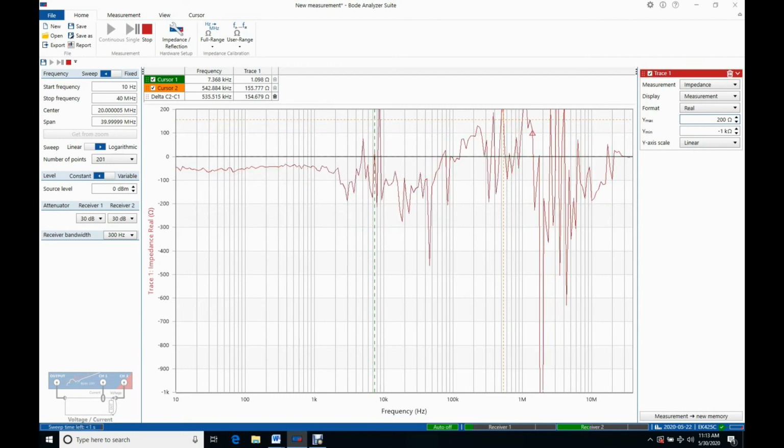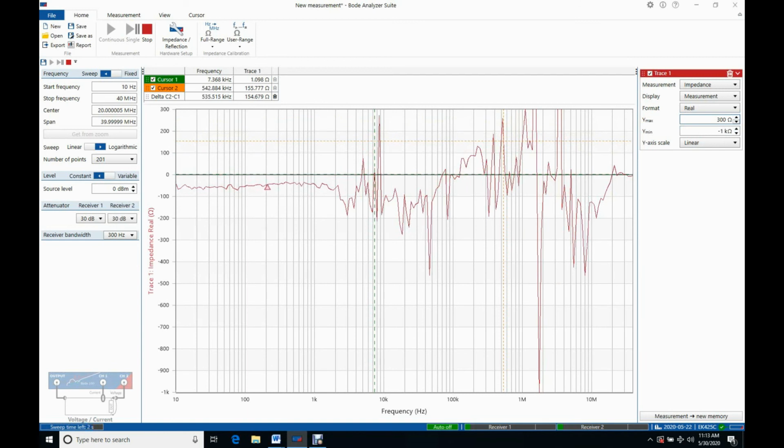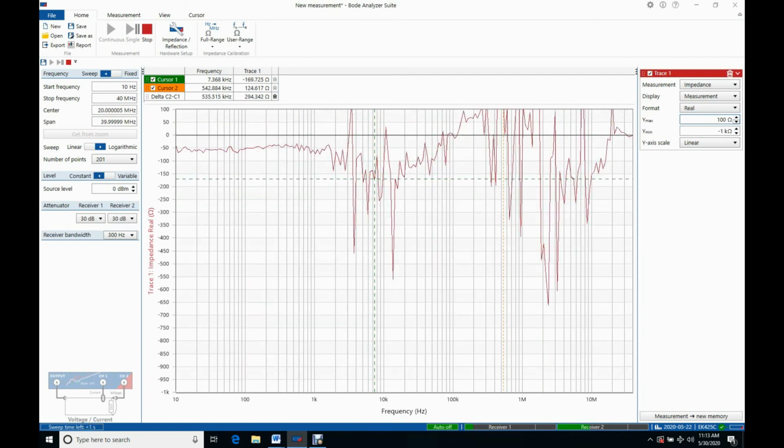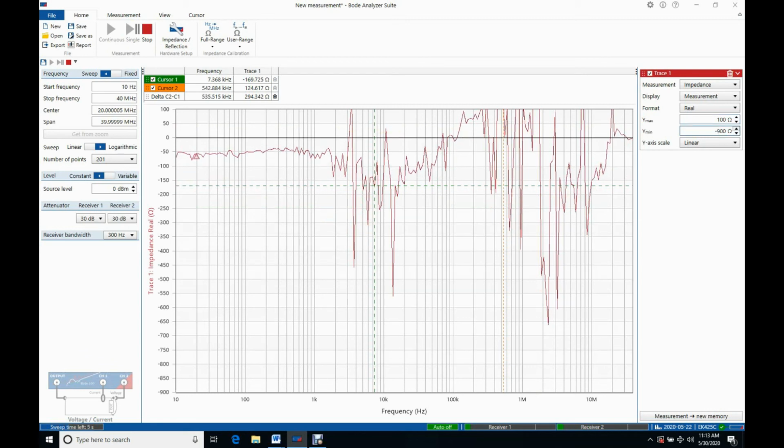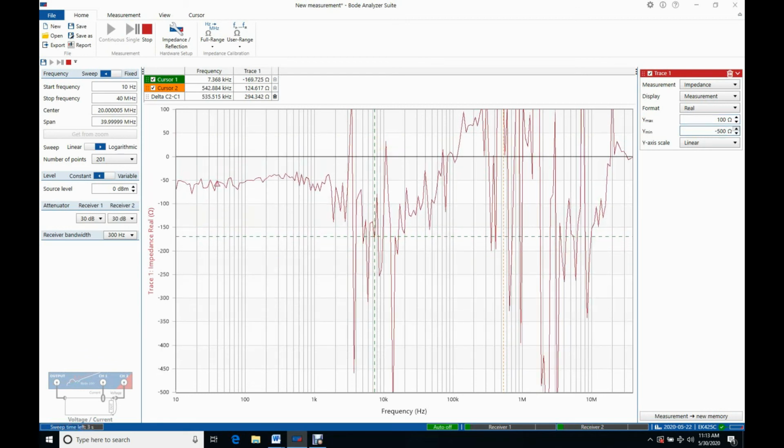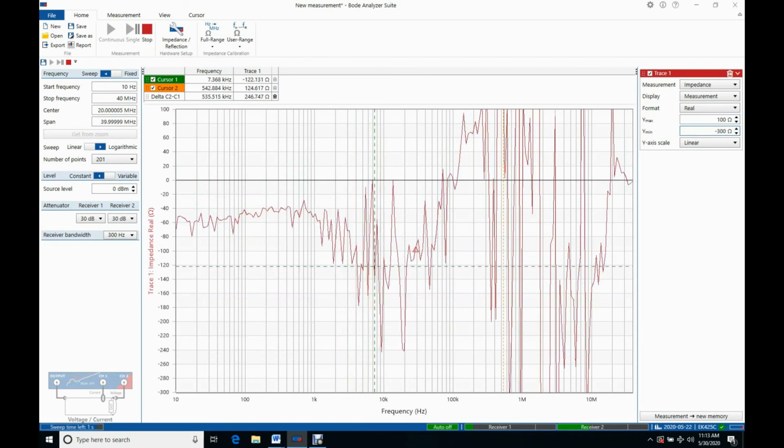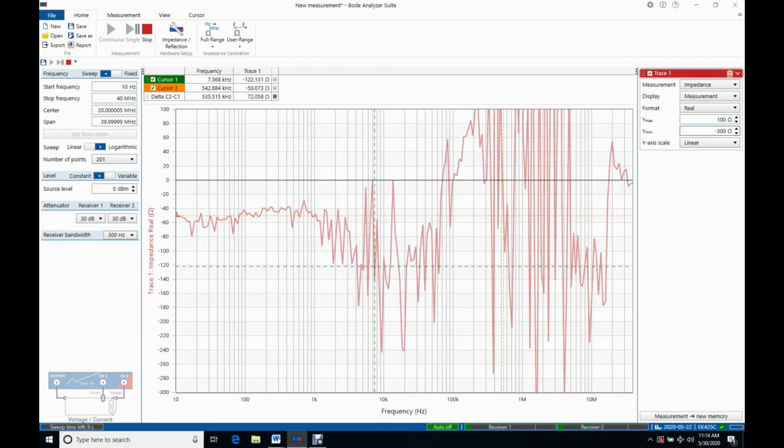This is the first time I've seen a negative plot, other than on my simulator. But this is kind of neat to see that you do have negative resistance. Okay, so let's expand that, and it's around 50-ish, 60-ish ohms